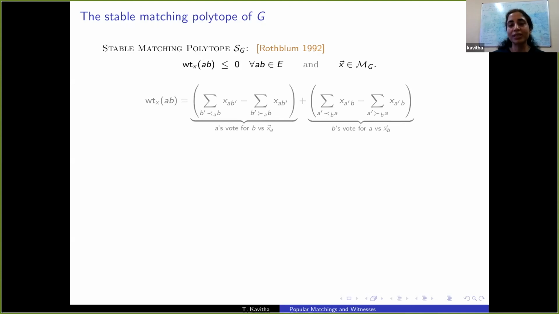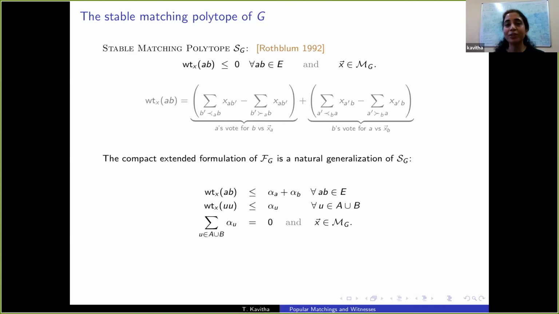So, whose constraints are linear. I've just written it as weight subscript x AB is at most 0 for all edges AB, and that weight subscript x of AB is just what I've written below. It looks a little complicated, but it's just linear. It's just the sum of votes of A and B for each other versus the respective assignments in X. That's all. And the compact extended formulation of the popular fractional matching polytope is a natural generalization of it,